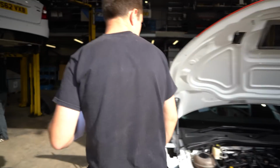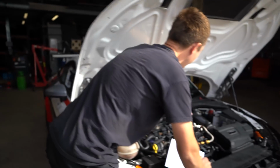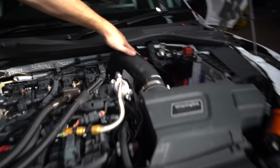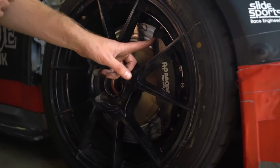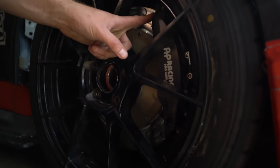And then brake wise, I think while we're still here, the ABS is capped off, so that's not actually working at the minute, because that's VW Cup regulations. But we've still got the servo, so no ABS, servo assisted. And then when you've got brakes like this, which are identical to what we've got on the Golf, AP Pro 5000, I think